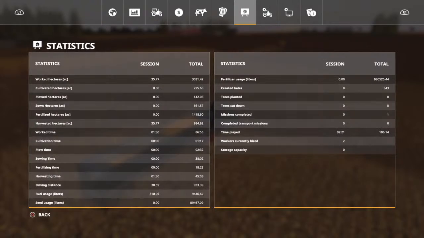Oh, so hectares or acres. It says hectares, but a hectare is 100 meters by 100 meters, and an acre is only about 200 feet by 200 feet. So it says hectares, but acres on the side. I'm not sure what they're actually comparing it to, because if it's hectares, it's a lot more than acres. But yeah, I'm just going to go by acres. 3,000 acres worked. It's quite a lot. Cultivated, we were doing a lot of direct drill. Almost everything we were doing was no-till drill, which ended up working out really well, which we'll be doing more of. Let's see, sown 661 acres, fertilized